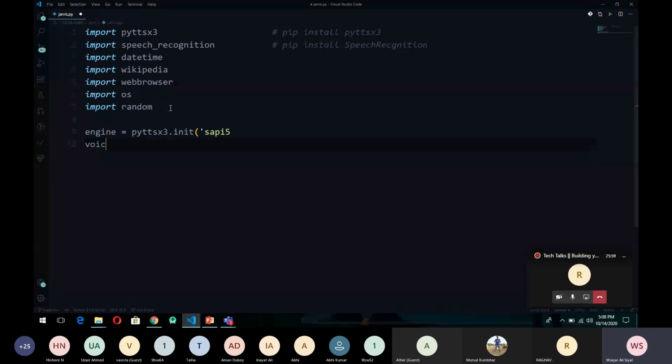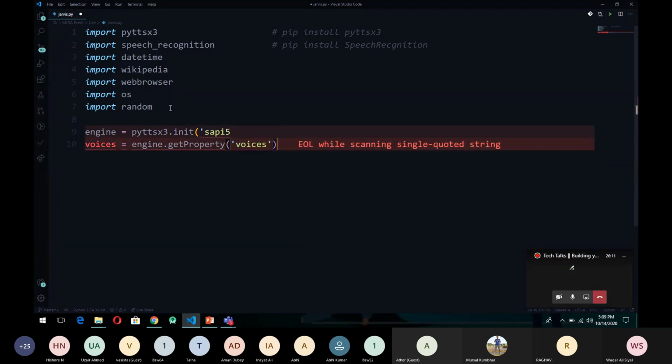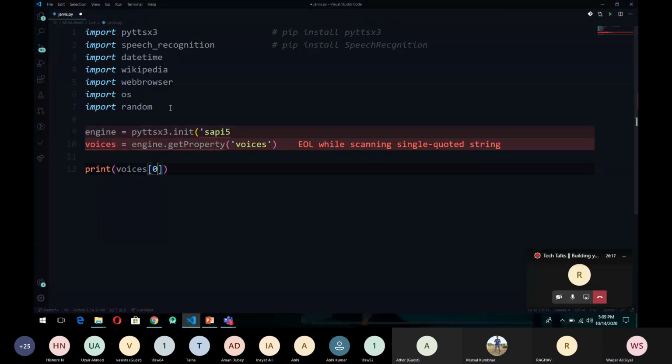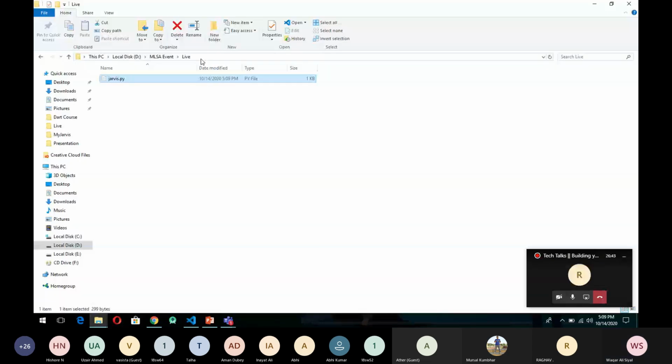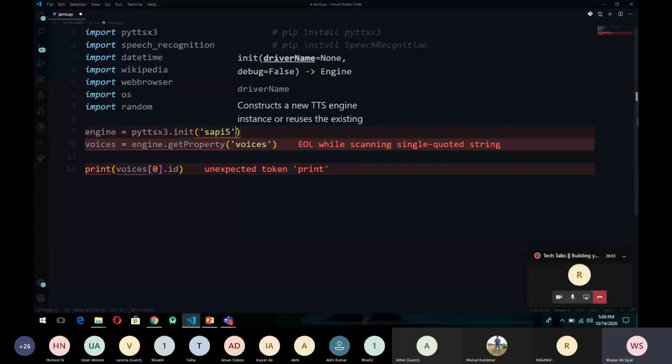Now we will get those two voices from this engine. Now all set.